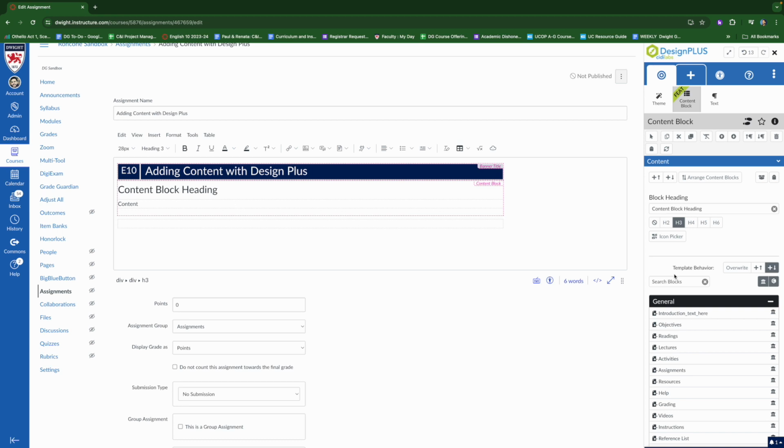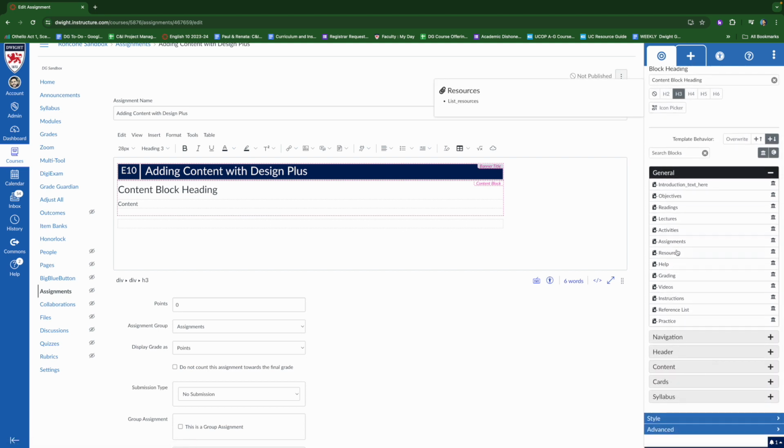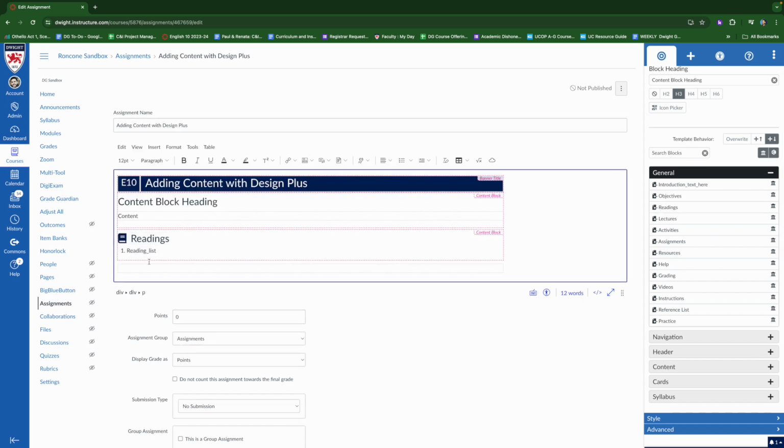The really nice thing about content blocks and the Design Plus toolbar is there are a ton already created and generated for you. All you have to do is choose them over here. As you can see me scrolling through them, they each have an icon also. So let's say I want to do a reading section. It's added a reading section so I can add on to what my list of reading assignments are for that